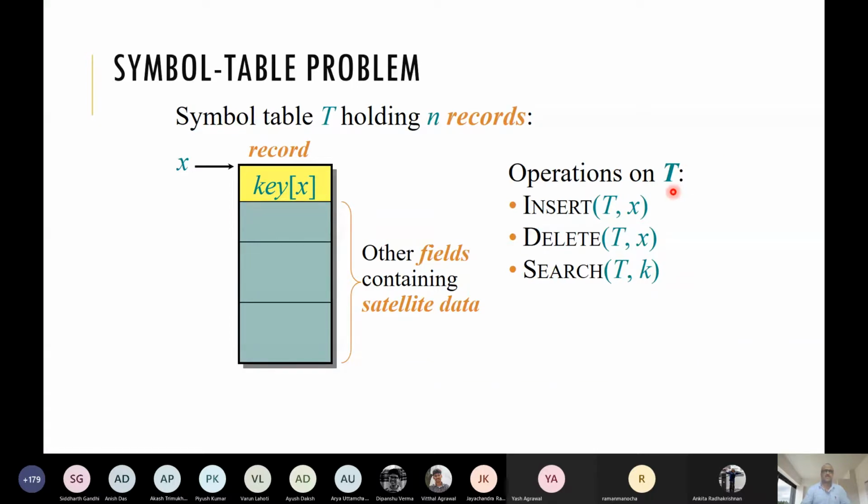We keep on inserting some records, we keep on deleting some records, and moreover we should be able to do the search in a faster way. We should be able to search a record whose key value is k. That search should be fast, because you can relate this to a database problem. We are given some data, big data. So how to search a record in this database? That is a search problem. Search problem is very common.